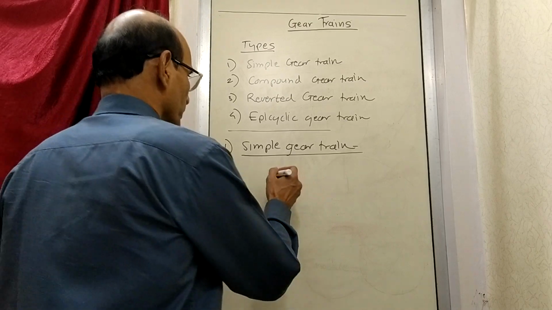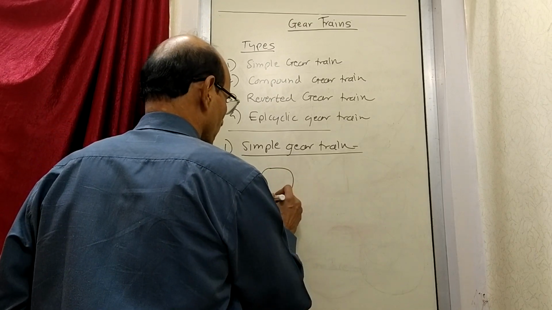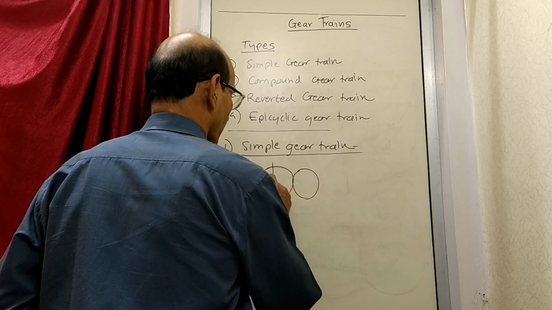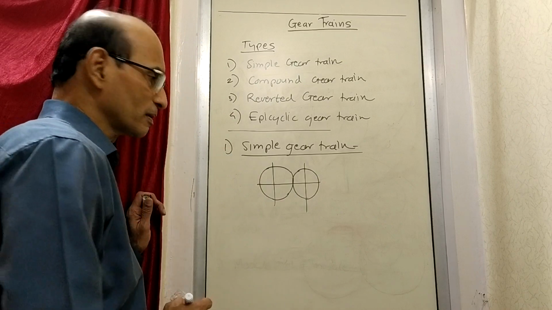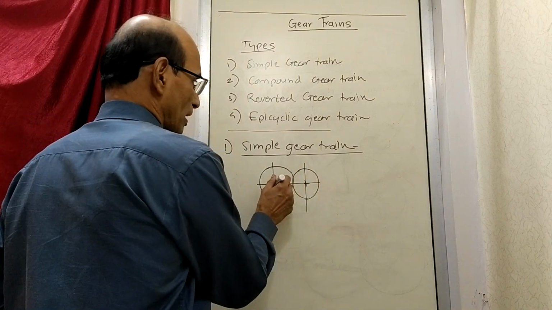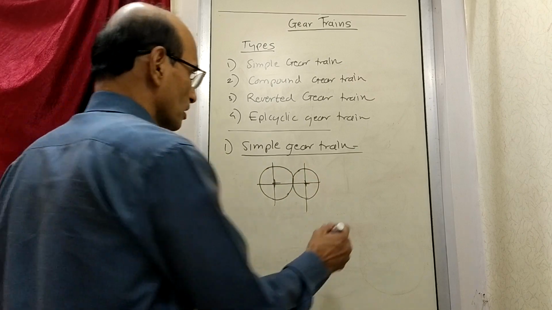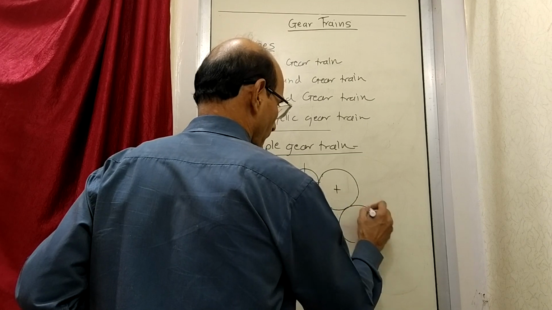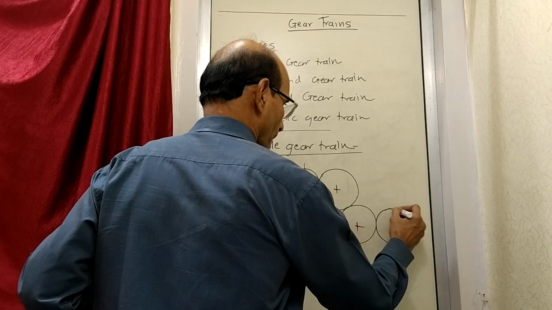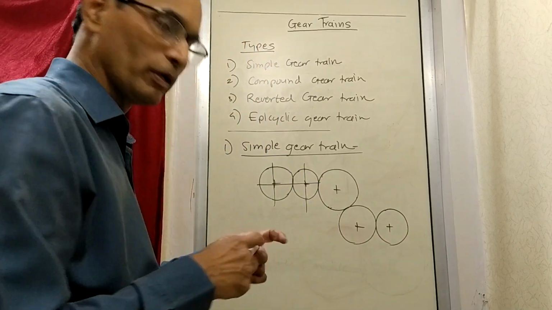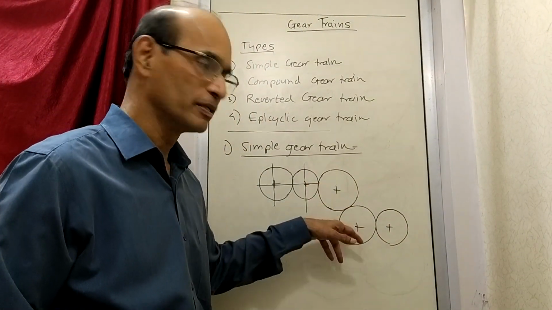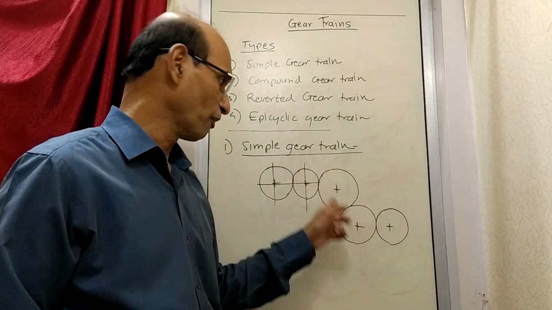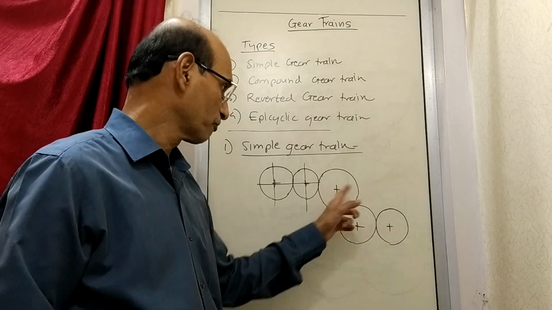So let us draw a figure. 2 or more gears. So minimum 2 gears are always required. 2 gears are there, and you can see 2 axes are here, 1 axis here, 1 axis here. So 2 axes, 2 gears. Suppose I draw many more gears, 1 more gear here, 1 more gear here, 1 more gear here. So these are the gears, one gear driving another, this is driving this gear, this is driving this gear. That means the power goes on transmitting from one shaft to another. So now there are 5 gears involved and there are 5 axes.